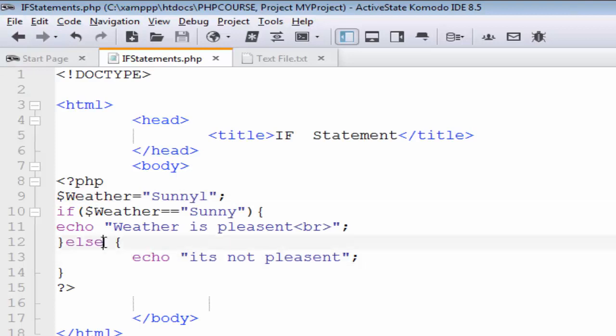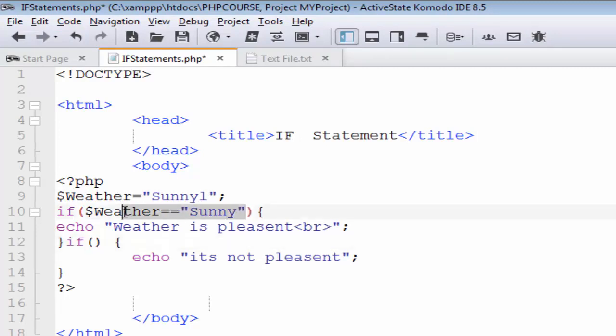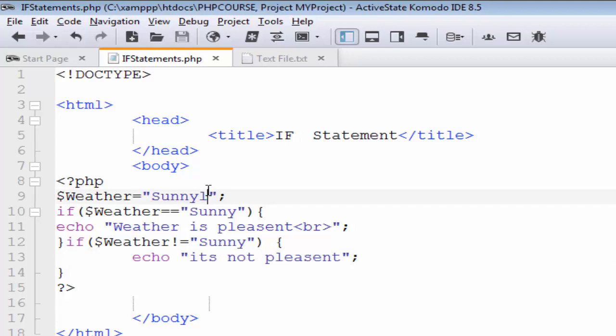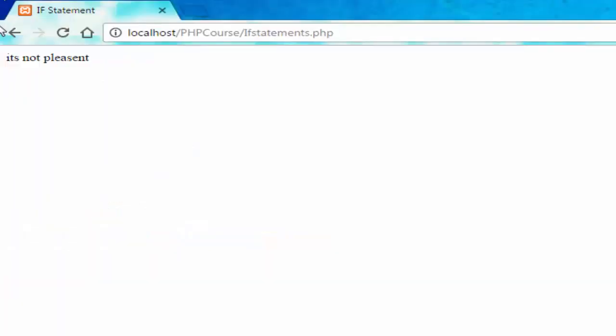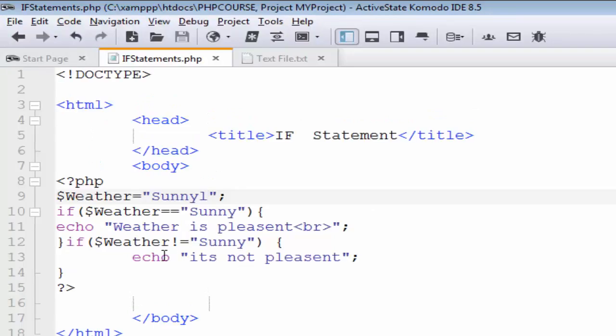Instead of adding one else statement, you can add an if statement one more time. So I can say if weather is not equal to sunny, for not, let's use this sign, this one is for not, then you can say it's not pleasant. See, now we have the same result. You can add an if statement one more time as you want,